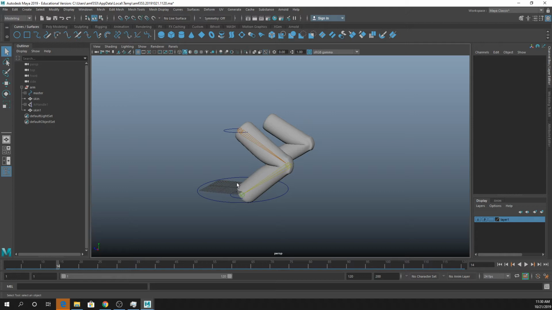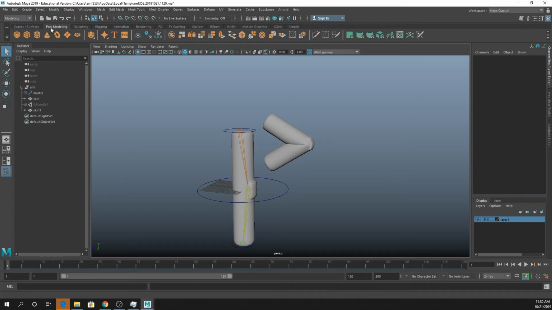Yeah. This is more a question about best practice. For example, with the chicken that I made, the only thing that I wanted it to move was its neck. So would I put joints throughout its whole body and only weight the neck, or would I just put joints in the neck? I mean, it doesn't super matter, to be honest. For animation, it usually doesn't matter at all. If you're doing something for a game, best practice is to have as little extra stuff as you need. So what I would probably do is just